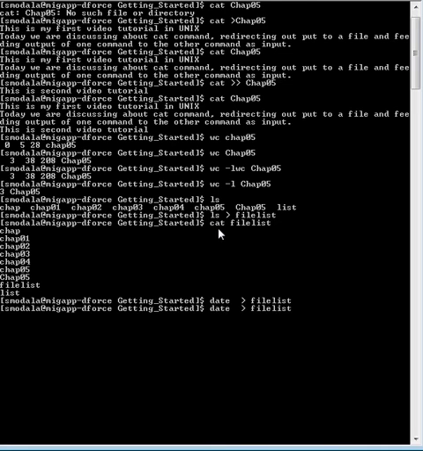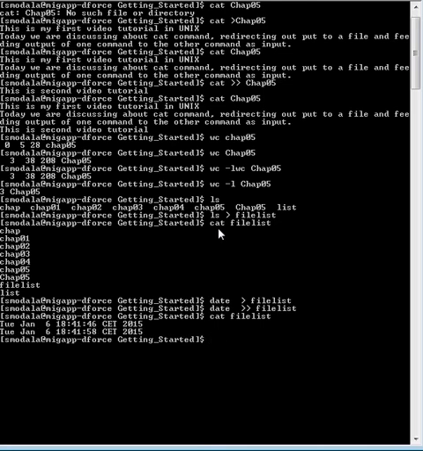So what if you want to append? Now see the content in the file filelist. It is supposed to contain two date values. See here, it contains the two date values.